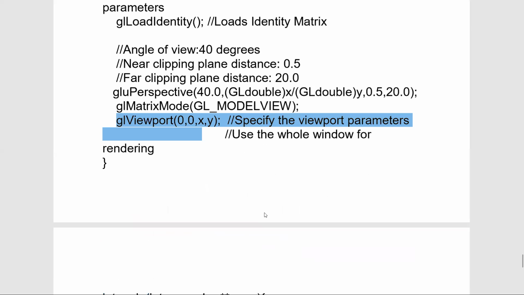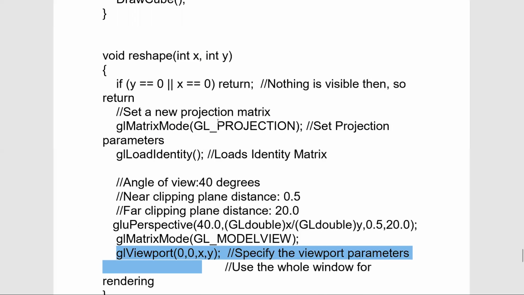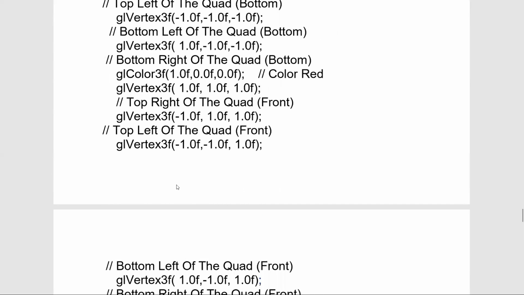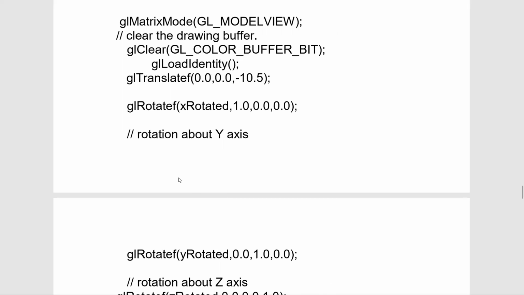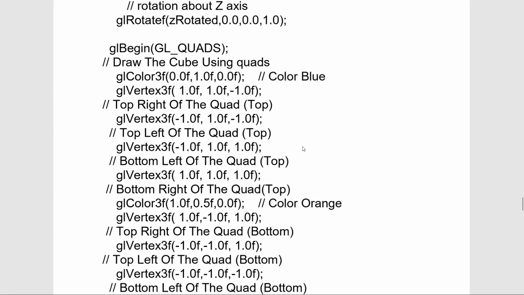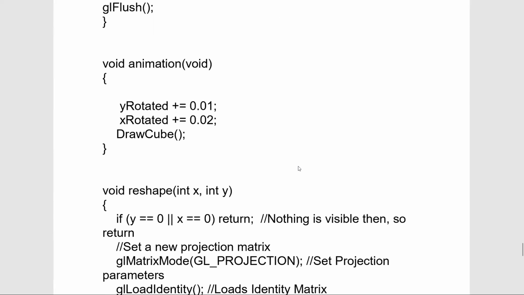I hope now all our user defined functions are ready, which are reshape, animation, and the function which has made us draw the cube. And we even have a user defined function for clearing all the colors with RGB values as 0, 0, 0.